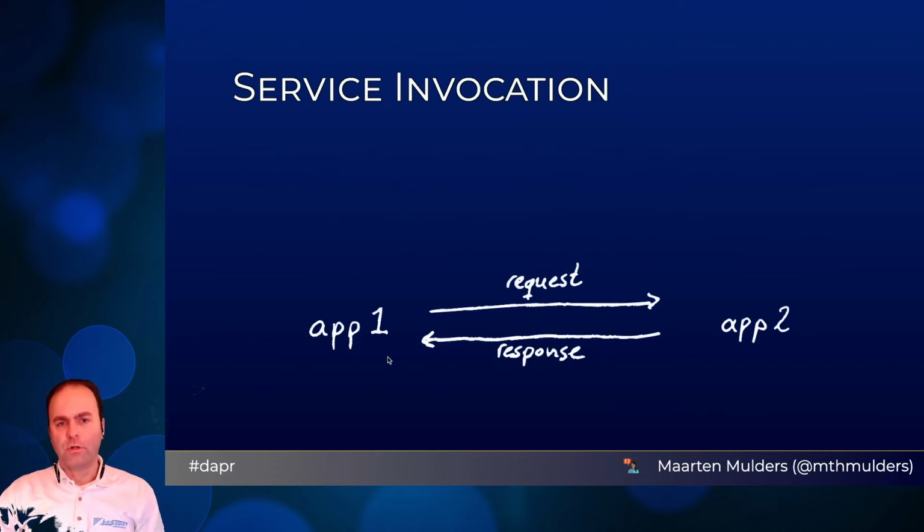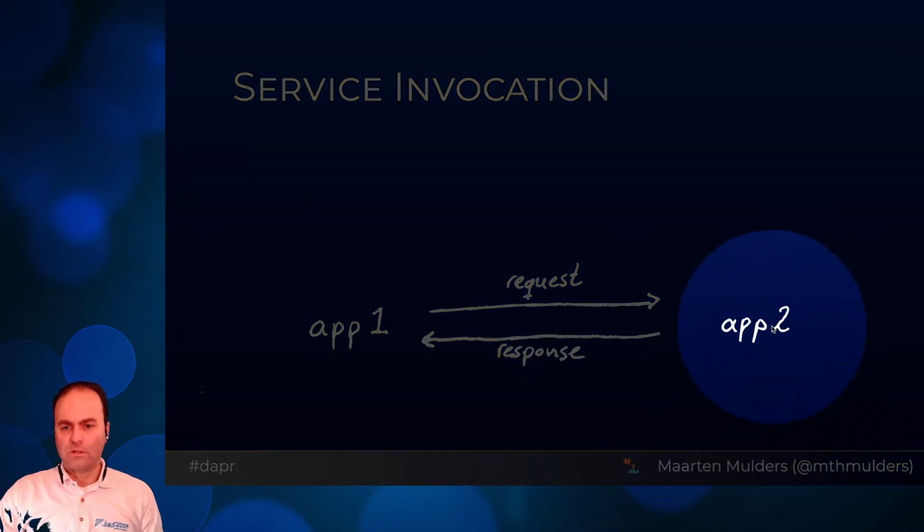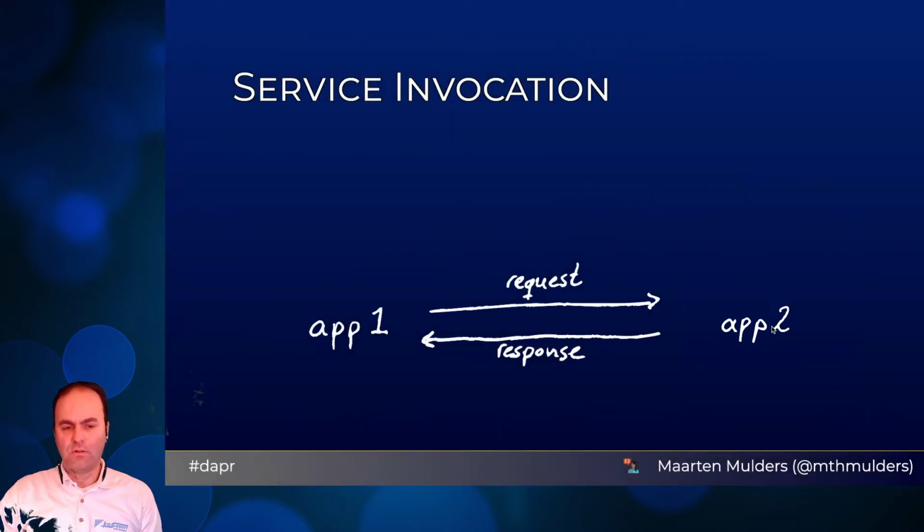So the first component that I would like to discuss is service invocation, a relatively classic pattern where one application sends a request to another one and the other one sends back a response to the first one. You could say, well, this is pretty common. Why would you be using Dapr for it? Well, one reason could be that rather than knowing the address of application 2, application 1 only needs to know the name of it. So it needs to know that there is, let's say, a fine collection service, but it doesn't need to know what the exact address is, because that's what Dapr will take care of.